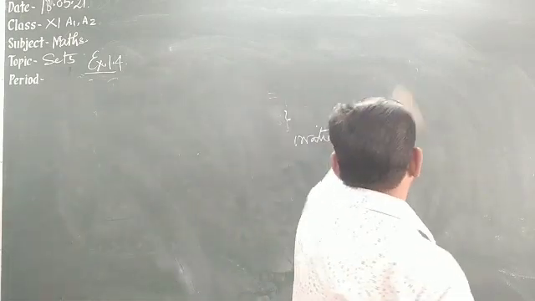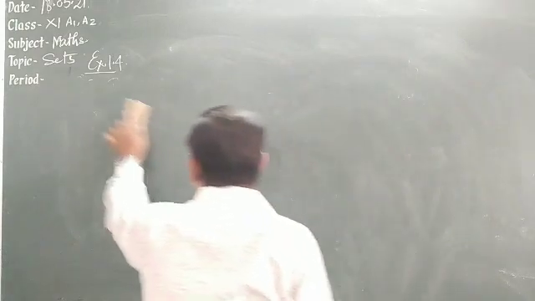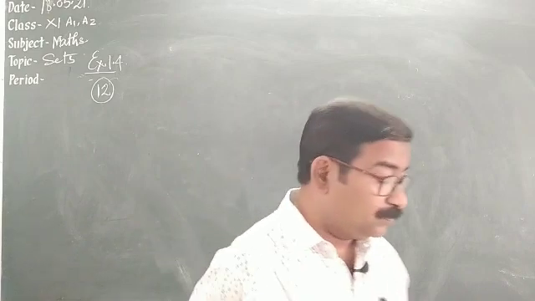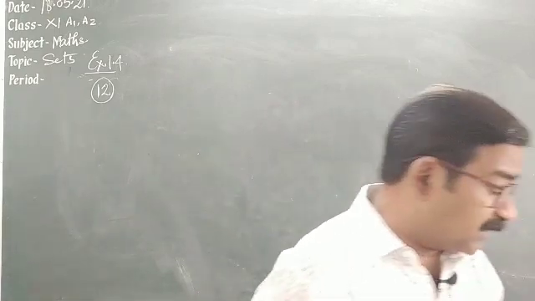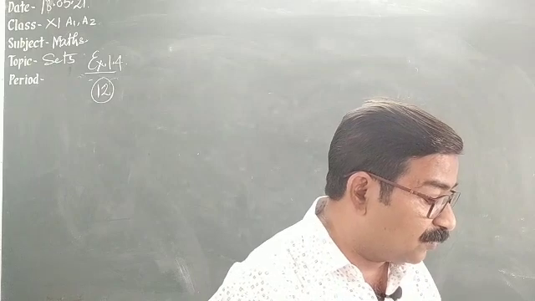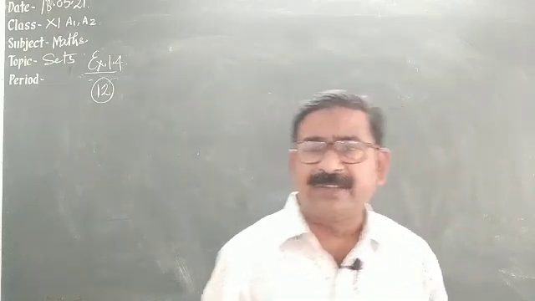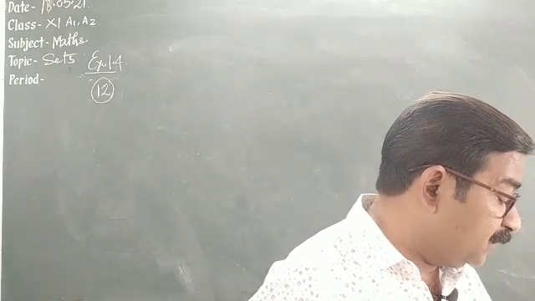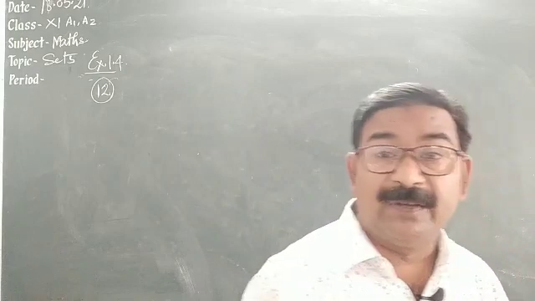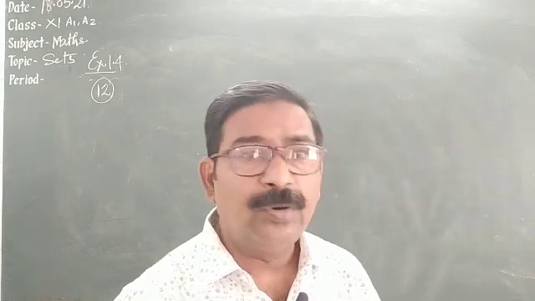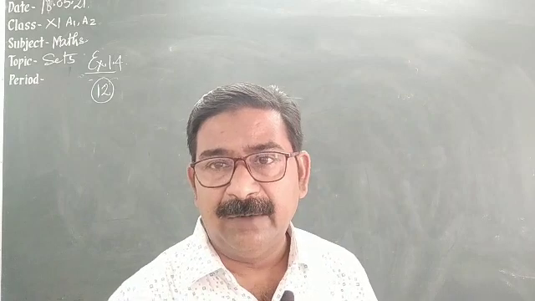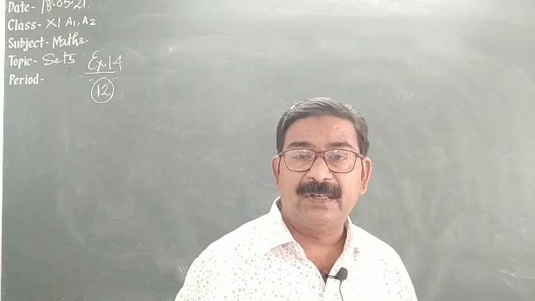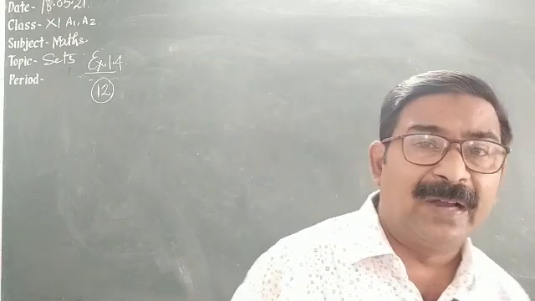Now let's see question number 12. State whether each of the following statements are true or false. Justify your answer. For justification, you have to write the small solution. Given the first one, two sets are given and you have to check whether they are disjoint sets or not. So how to check disjoint sets? If there is no common element between the sets, then it is a disjoint set. I am writing one of them.